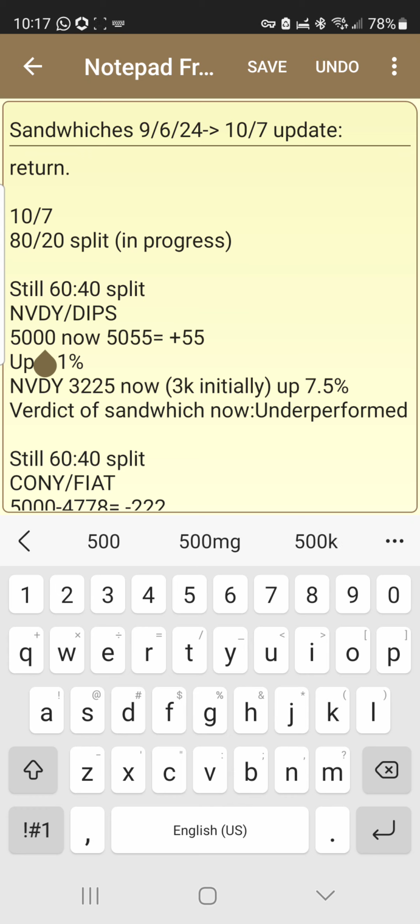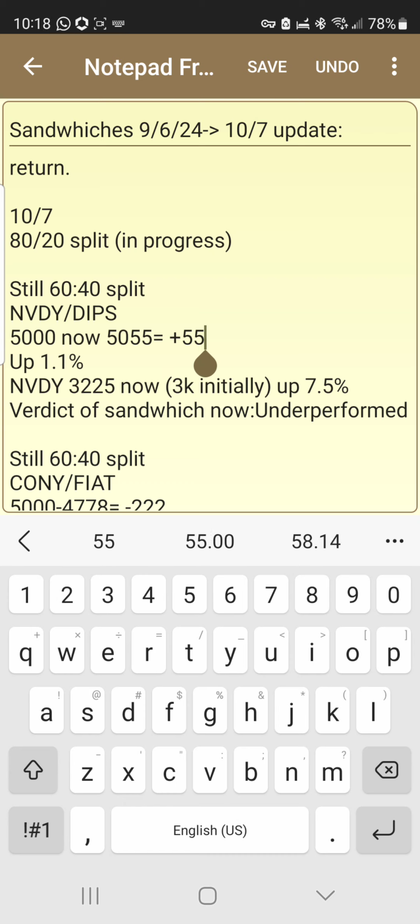Right now my position I put into the NVDY dip sandwich, like I said, is $5,000. I just looked at my portfolio, added up the amount I have sitting in NVDY and dips, and it's $5,055. That does include 1 dividend cycle reinvested inside of it. So I have clarity that I only put in $5,000, and the only new money that came in was money from the dividends.